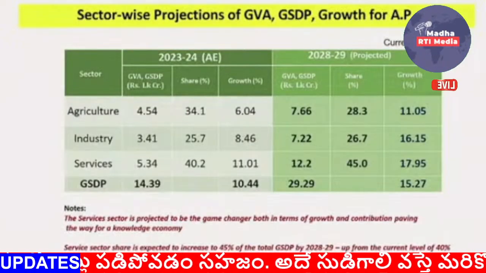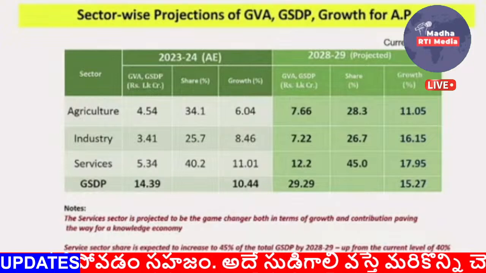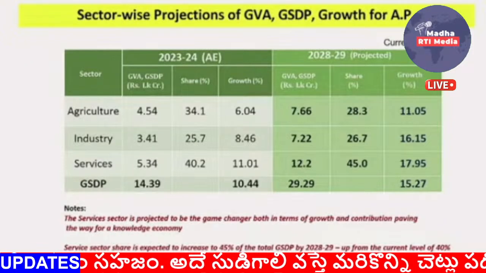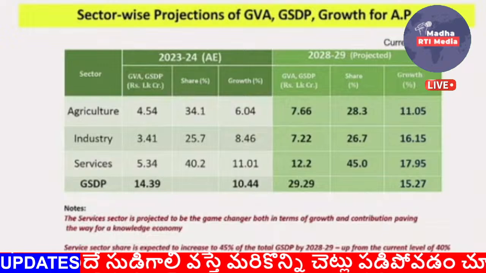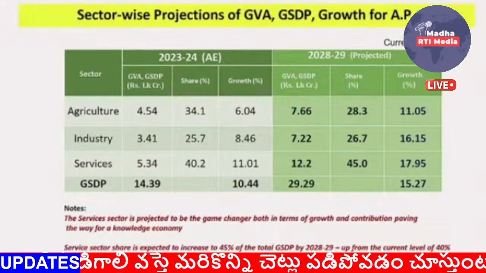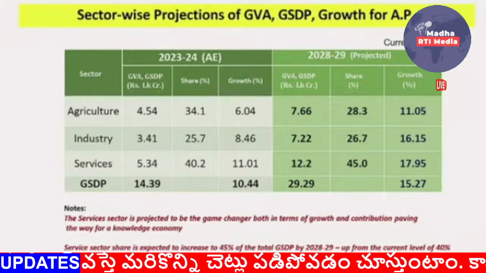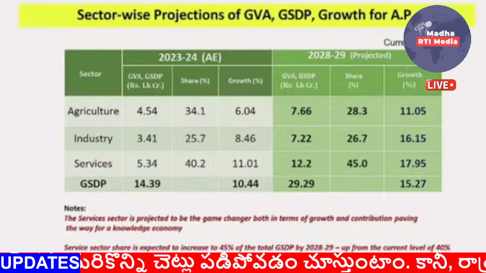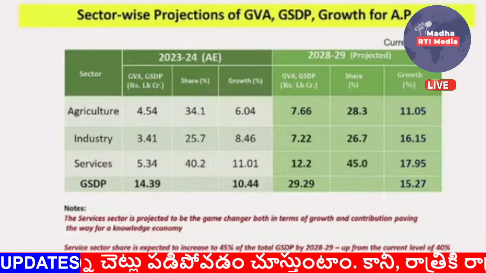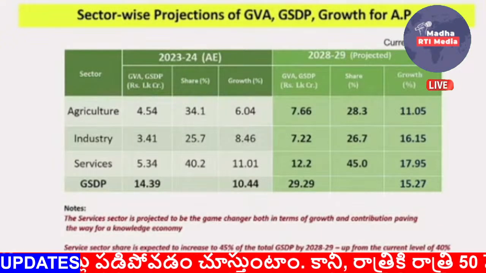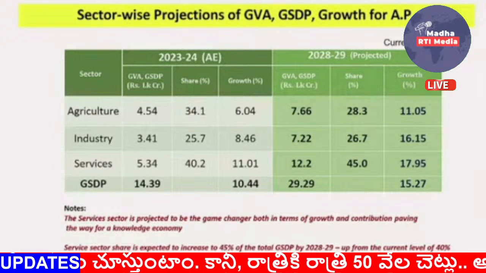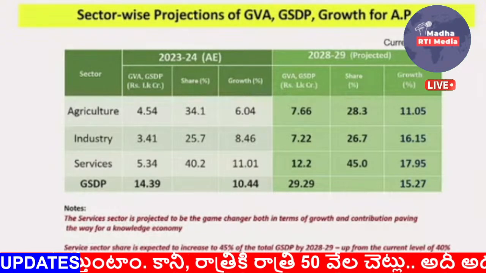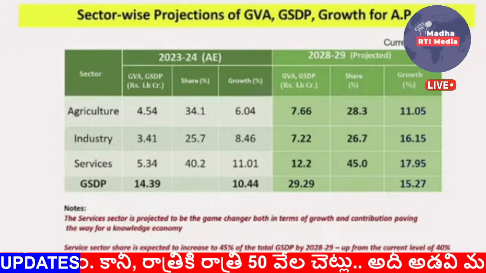Then if you look at the targets in terms of numbers, what it means is that the current GDP, which is 2023-24, was 14 lakh 39,000 crore, and the growth has been 10%. Now we have to go to 29 lakh 29,000 crore in the 5 years. If we have to grow to a $2.4 trillion economy, then in the next 5 years we should be doubling this. So about 30 lakh crore is the target that we have set, and this will require a